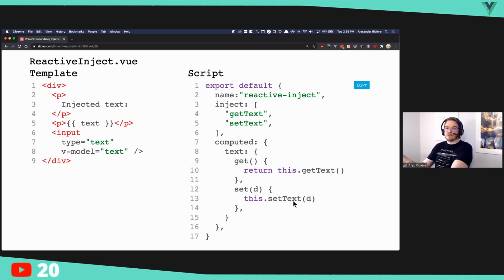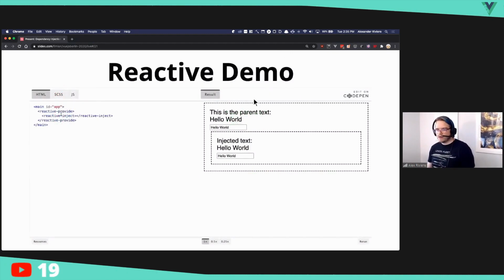So there we go. Now we have a reactive computed value that we can use inside of our template to V-model onto something. Once again, I'm using reactive provide and reactive inject. Reactive inject could be as deeply nested as it needs to be inside of reactive provide, and this would still work. I'm just doing it this way because